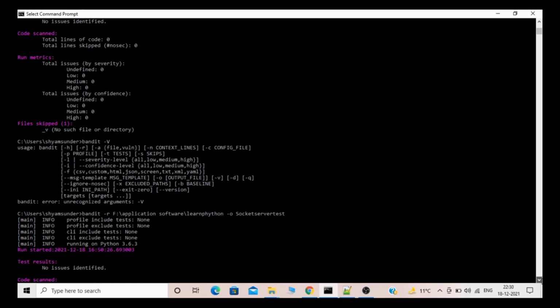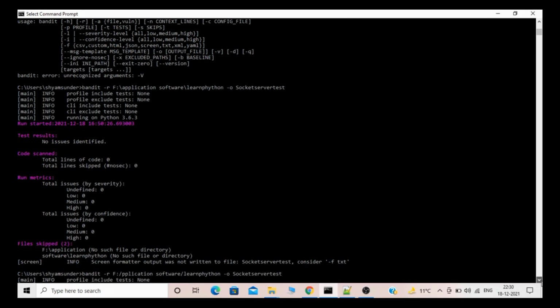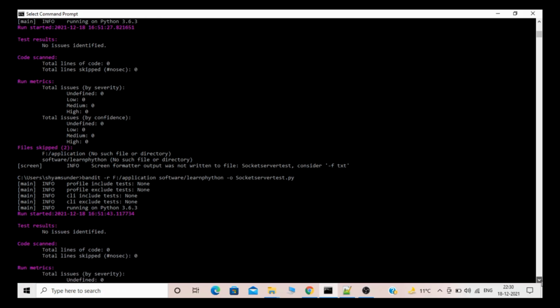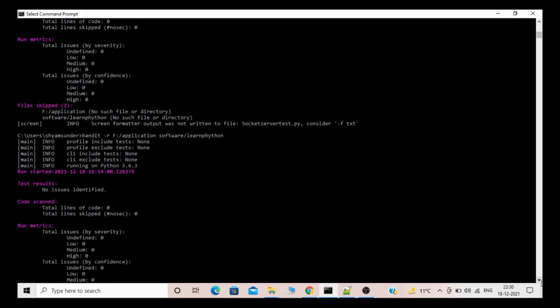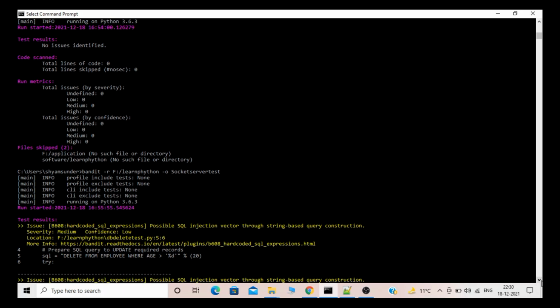For that, I'm giving you an example. Just type bandit space minus r and the path of your Python code, space minus o and your output file.